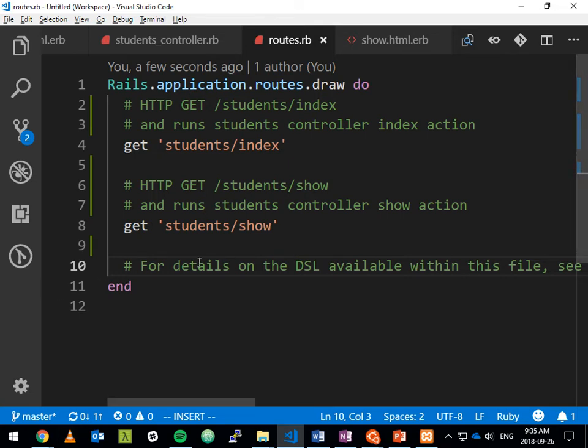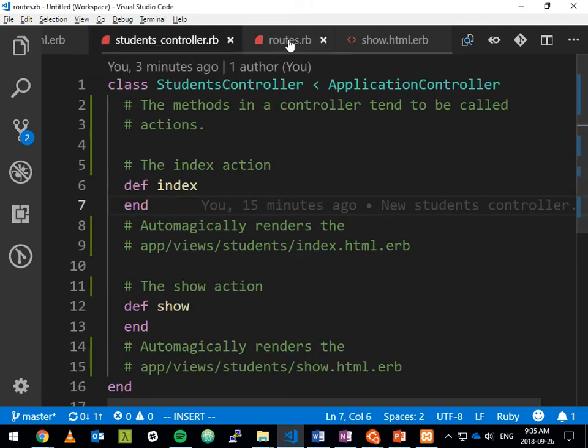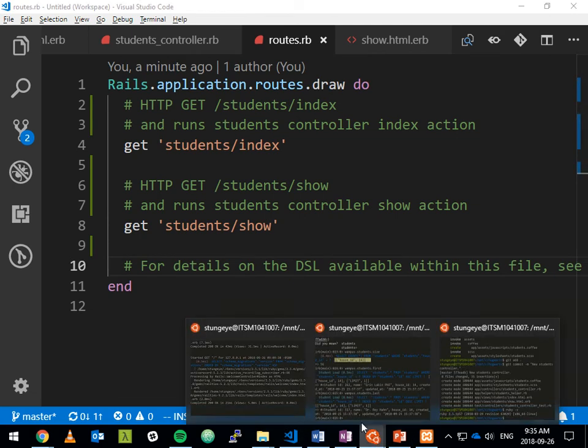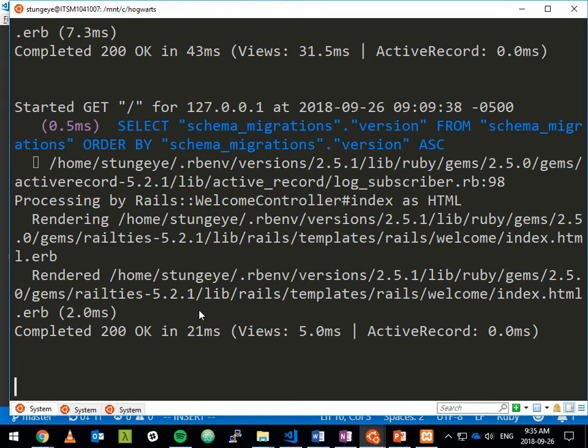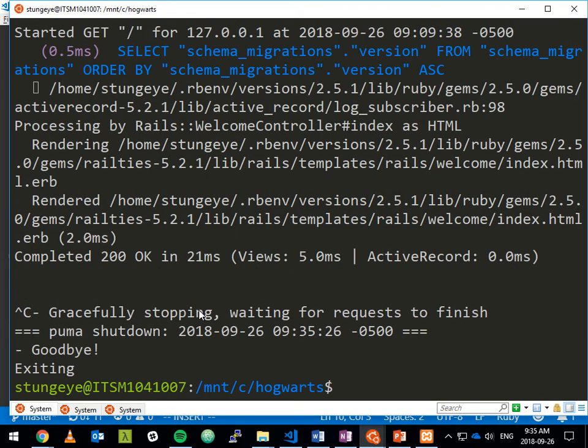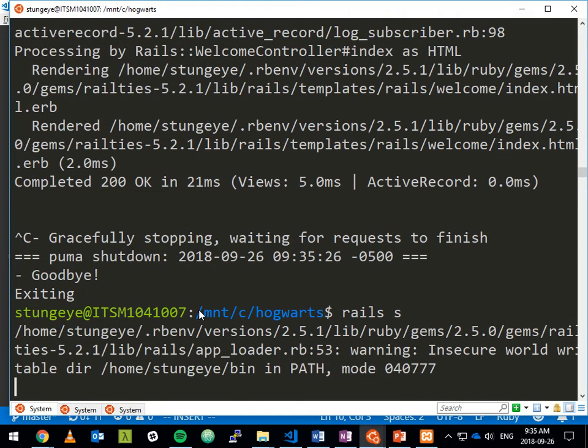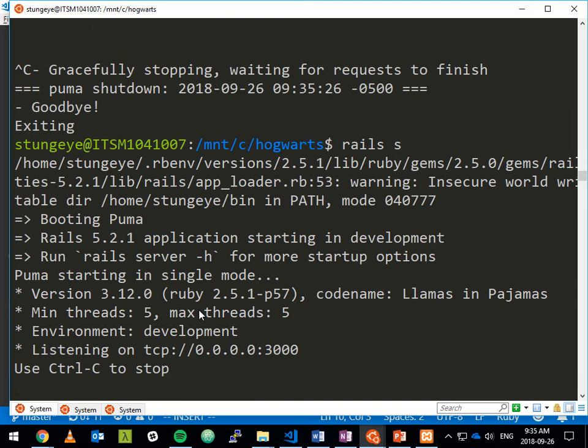Okay, let's actually go and try to use some of these routes. It's at this point, if you're using Vagrant, you will need to restart your server. One of the things that always requires a restart in Vagrant is modifications to controllers and modifications to routes. To restart your server, if you are using Vagrant, all you need to do is hit Control-C at the server, and then up arrow, enter. I'm not using Vagrant, so I didn't need to do that,